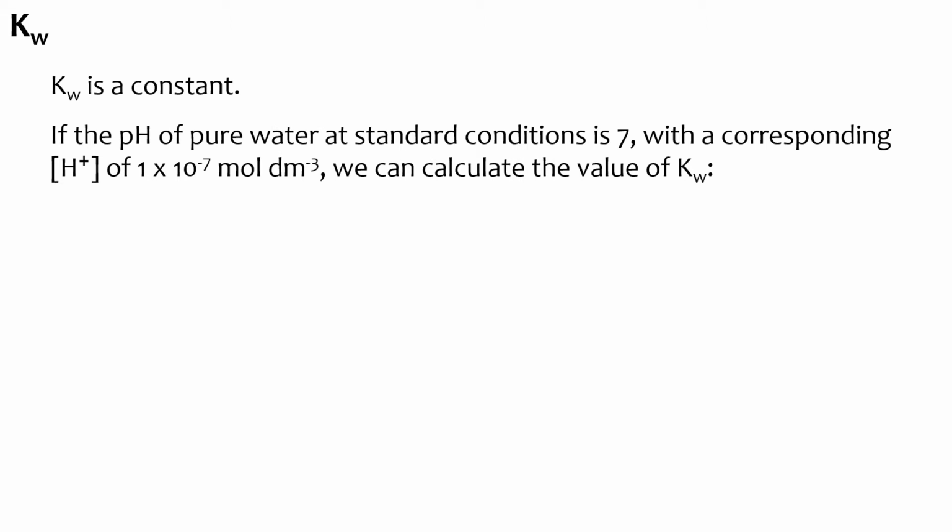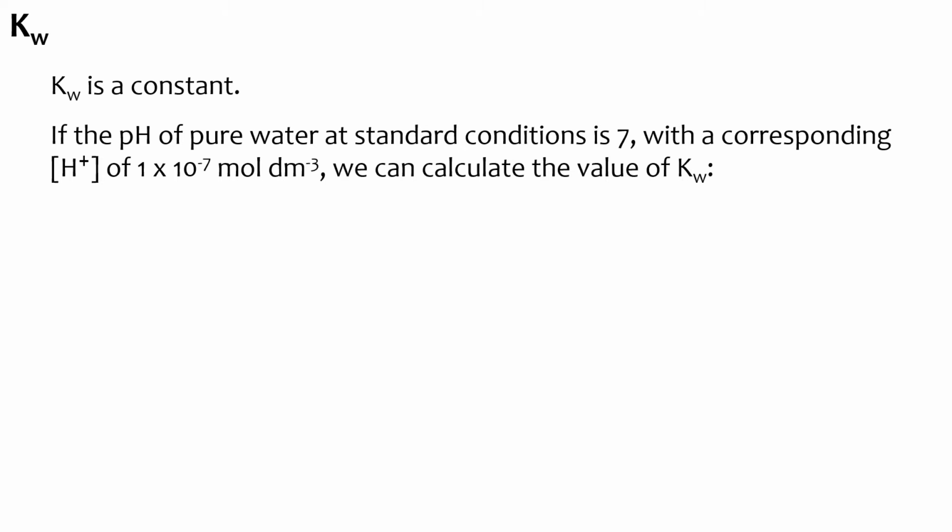So looking at Kw in a bit more detail, Kw is a constant. As I said, that expression does not change, and we can take the value to be a constant as well. Now, if the pH of pure water at standard conditions is 7, as we've said already, with a corresponding concentration of 1 times 10 to the minus 7 for H+, as we worked out before, that enables us to calculate